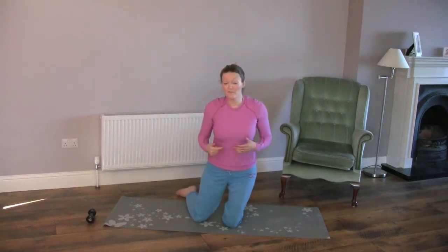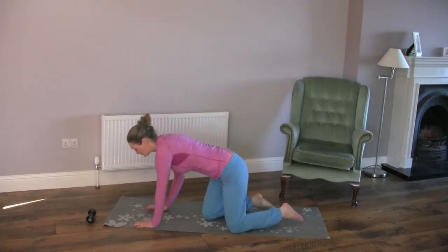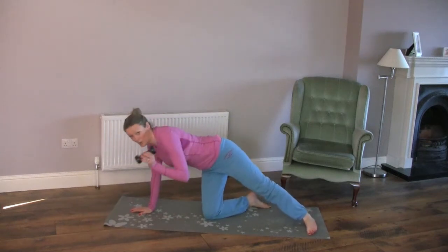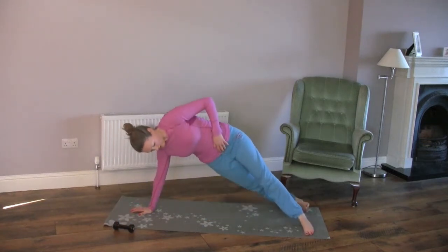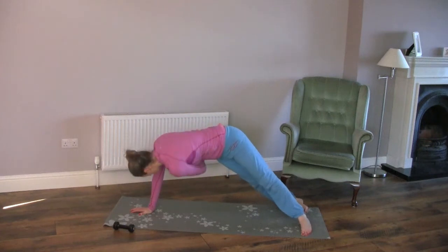Then we're going to bring a little bit of movement into the side plank. Again, a little bit more advanced. So you're going to come onto your side plank position again, and with or without a weight or a bottle of water. So rolling onto the side, you're going to inhale here, and then you're going to roll underneath